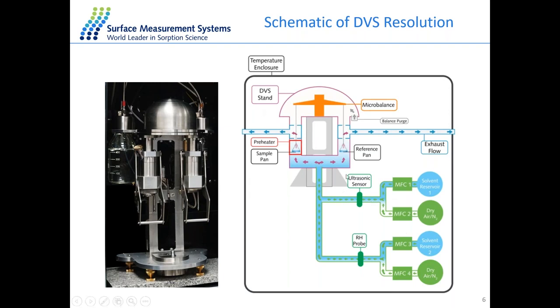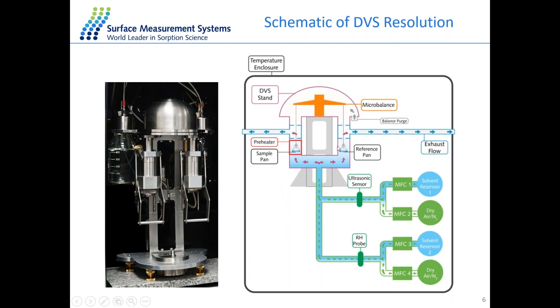And then this mixture will be detected by the sensor here, the Rotronic probe for water, and the speed of sound sensor for the organic vapors. And the sensor will make sure the actual generation is matching with the target value we want to generate. And then this mixture with a certain level of concentration will flow to both the sample chamber and the reference chamber